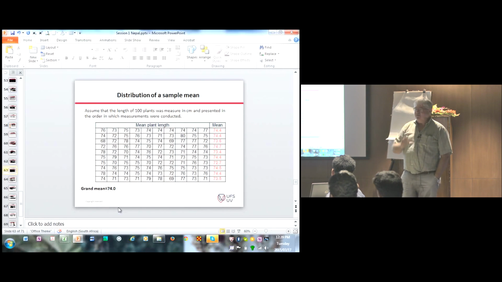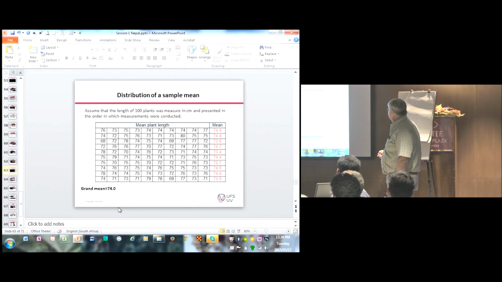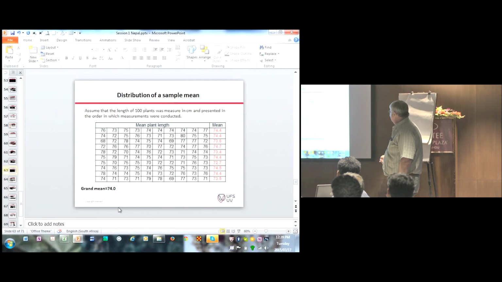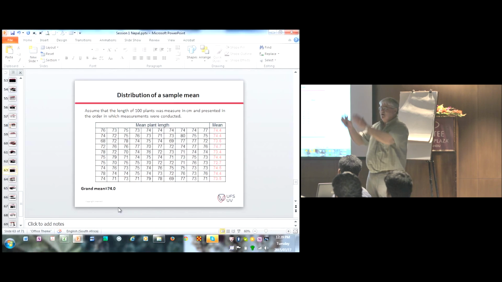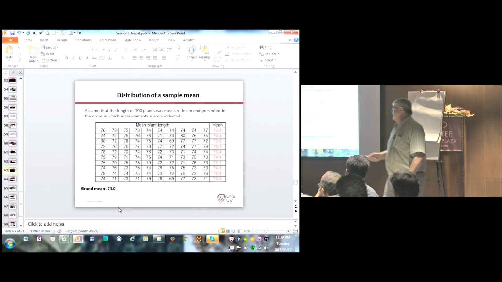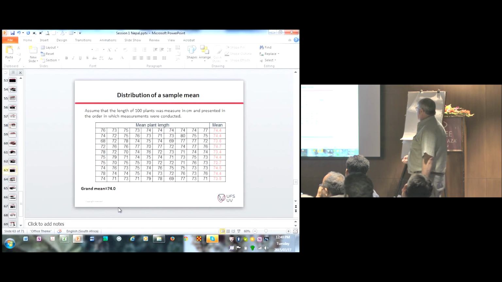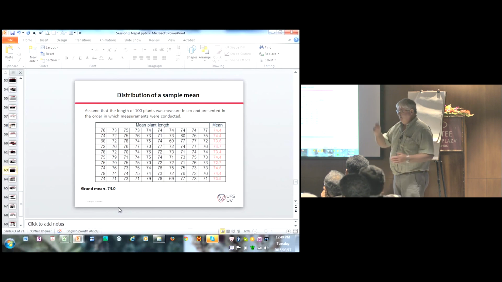Exactly the same data. I'll work out a mean for each of my 10 replicates. So let's introduce the word replicate: I've replicated the sampling, like you would in a field trial. Why do we do that? The grand mean of this is 74, and the grand mean of that will also be 74. It won't change. But what does change,